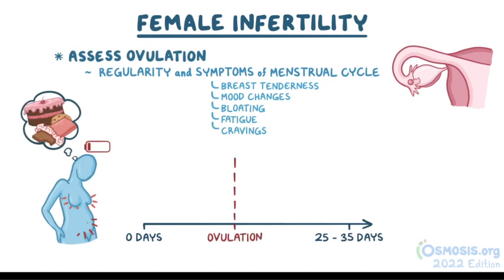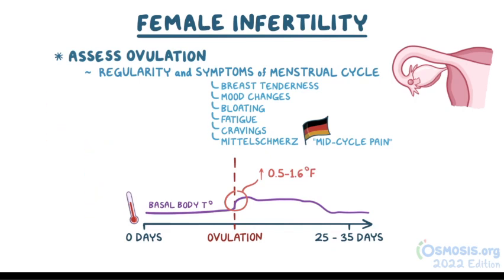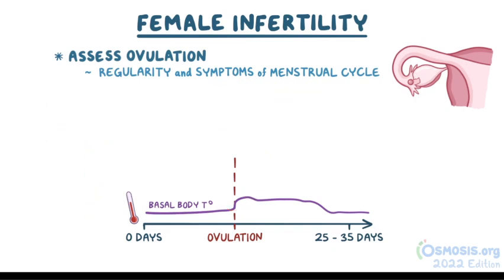Some females also report Mittelschmerz, which is German for mid-cycle pain, that might occur at ovulation. Historically, a way to check if ovulation occurred was to measure the basal body temperature throughout the menstrual cycle. Following ovulation, basal body temperature increases by 0.5 to 1.6 degrees Fahrenheit on account of rising progesterone levels. However, this is not the most reliable method, so nowadays, ovulation is assessed with urine ovulation kits, or by getting